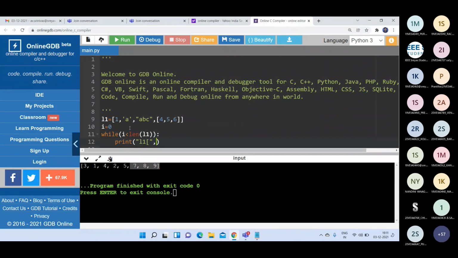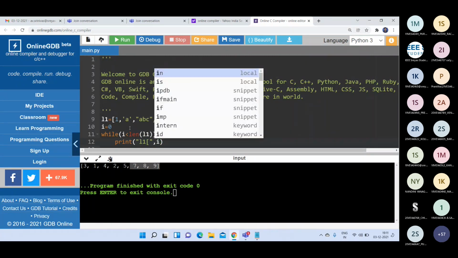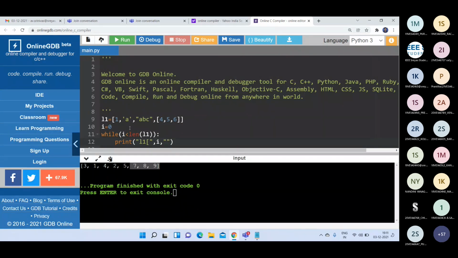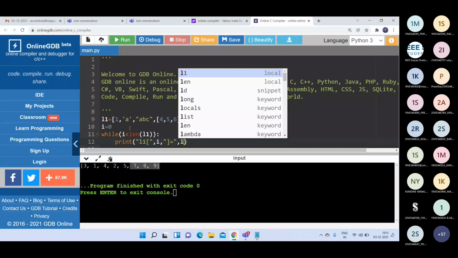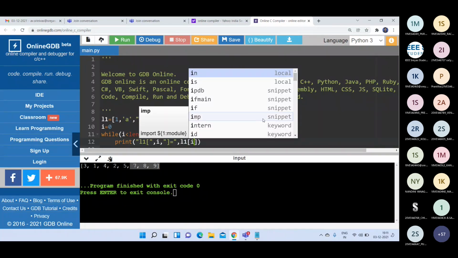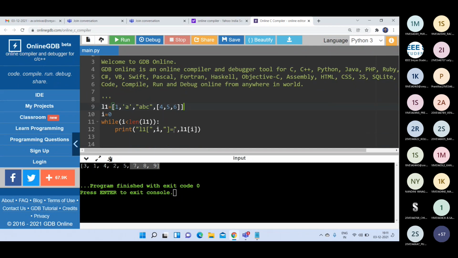Then I put a comma and I, and again a comma and quotations and square brackets and again quotations, equal to, then quotations, comma, we can write L1 of I. Whenever you want to print any string as it is as output, that should be enclosed in quotations. So L1 square bracket in quotations, followed by the I value. Then I value will be incremented, so I can write I plus equal to 1.